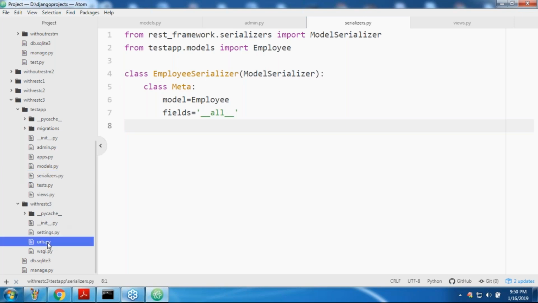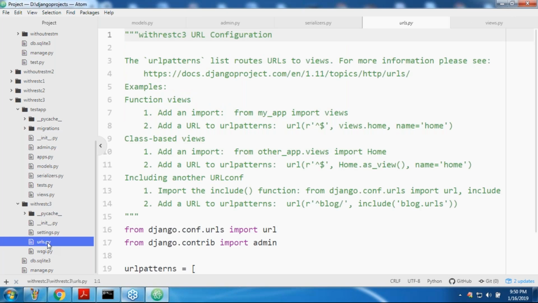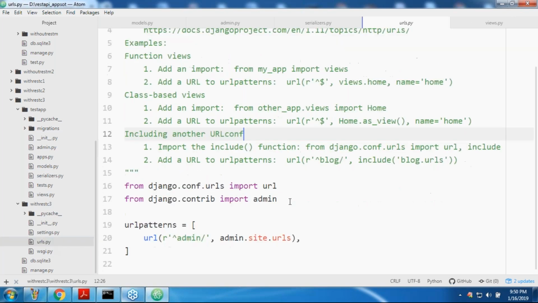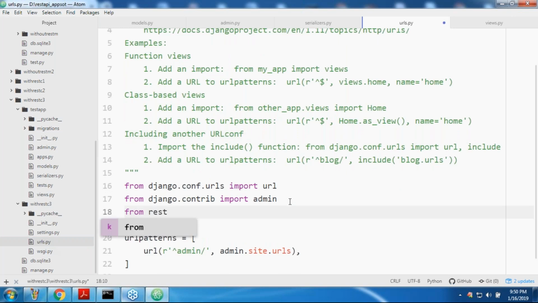urls.py. Okay, here from test import views. Next, here we need to take just the API.